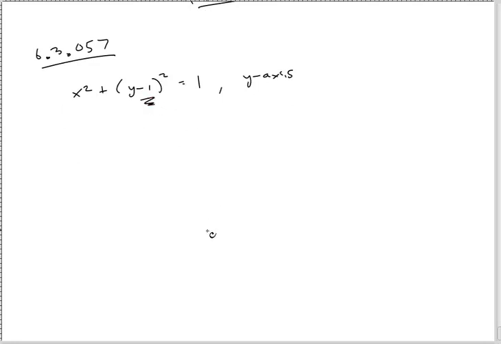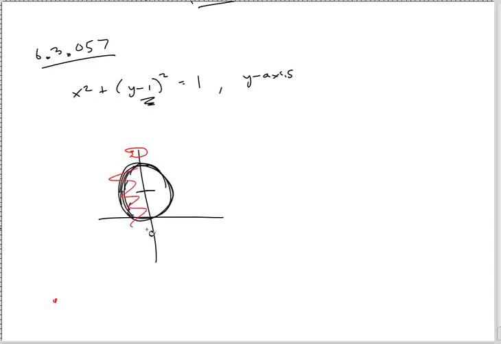And it's been shifted. It's been shifted up by 1. It has a radius of 1. So it goes from 2 to 0. And I've got a circle. That's the best circle I can get right now. Okay. And they want to revolve it around the y-axis. Very interesting. Well, let's just get rid of this side for a little bit, and let's just look right here. And that's just for my own sake, okay? So I'm going to take this side, I'm going to wrap it around,